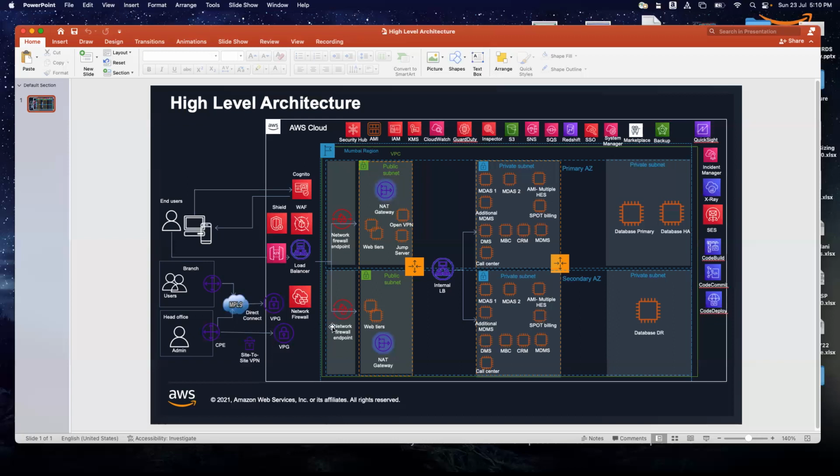Second thing. So now, if I start from left to right, on the left I've already tried to explain some portion of that, but now let's start from here inside AWS. You see there are a lot of components, right? You could see load balancer, network firewall, WAF, Cognito, Shield. I will not get into what those are. You probably know what WAF, Cognito, and Shield are, right? What is API Gateway? But now the question is,